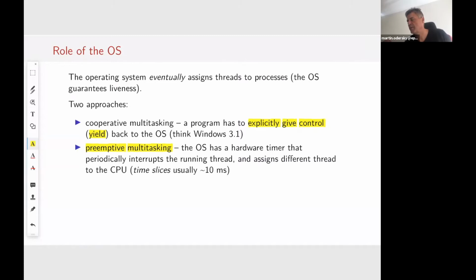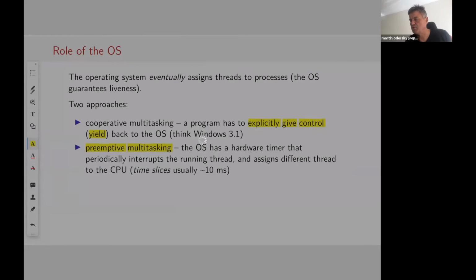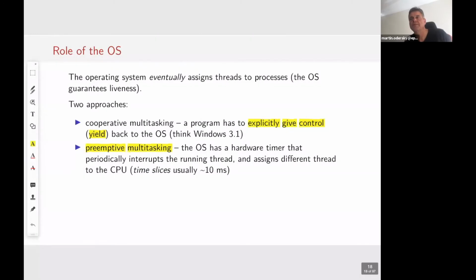It's somewhat simpler, but the problem with cooperative is that it's easy to misuse, so it's not robust against misuse. Misuse means that one thread just runs forever, hogs the resources, could go into an infinite loop or things like that, and then nobody else gets to run.